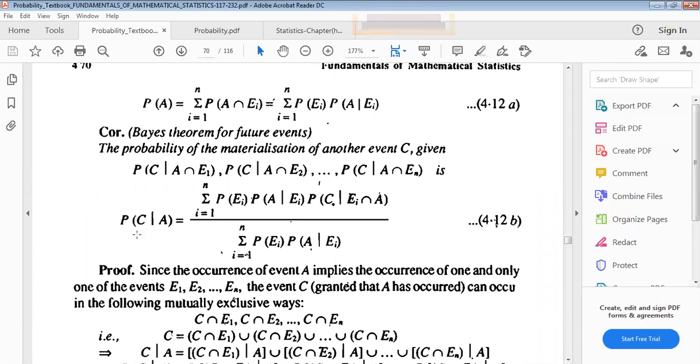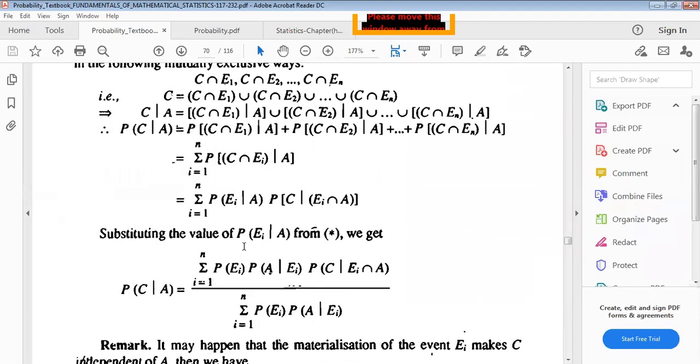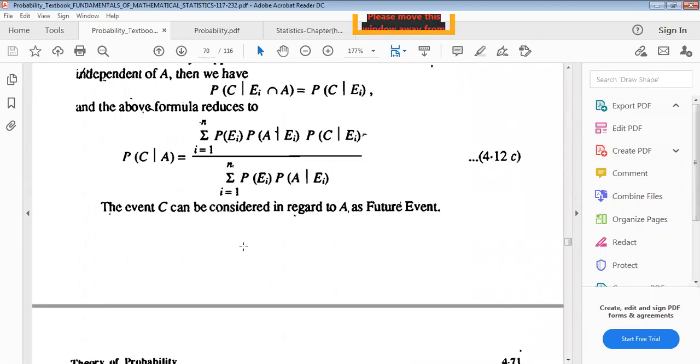Future events, probability of C when A has happened equals summation i equals 1 to n probability of Ei. Just এটা ইনভার্স Bayes theorem. এটা আগে নিচে ছিল, এখন উপরে গেছে, আর উপরেরটা নিচে গেছে। এটা ফিউচার, এটা প্রুফও আছে, তোমরা চাইলে প্রুফটাও শিখতে পারো। সেম প্রসেস।